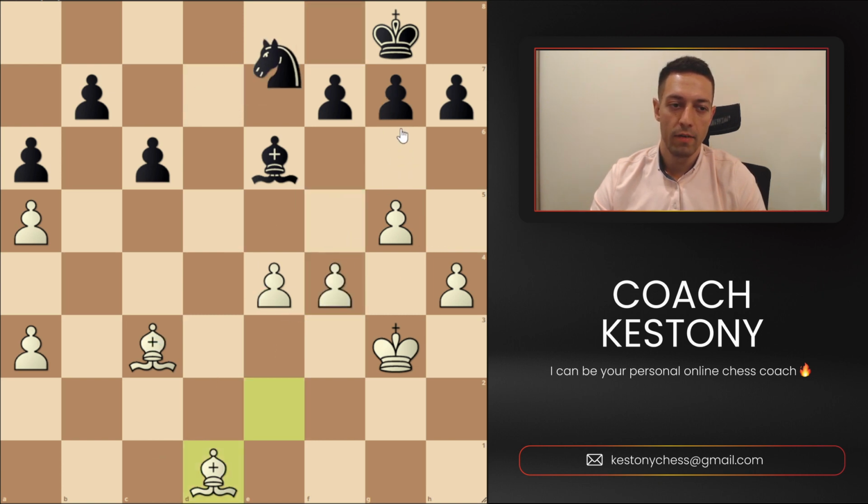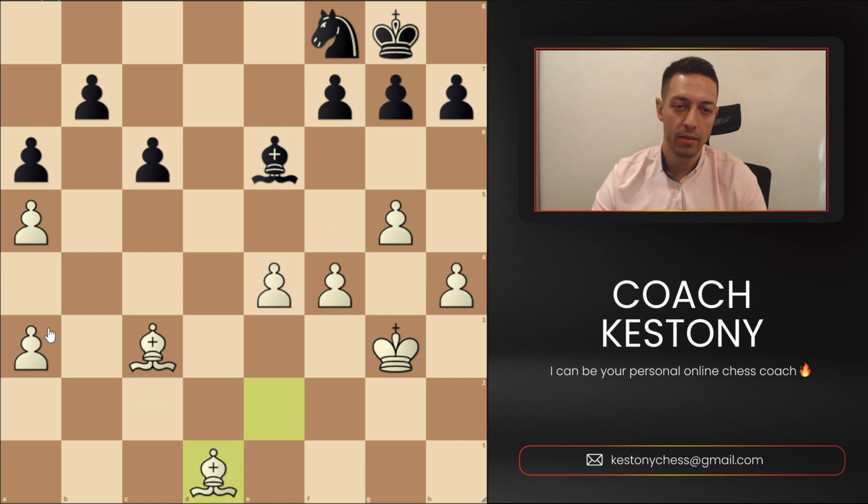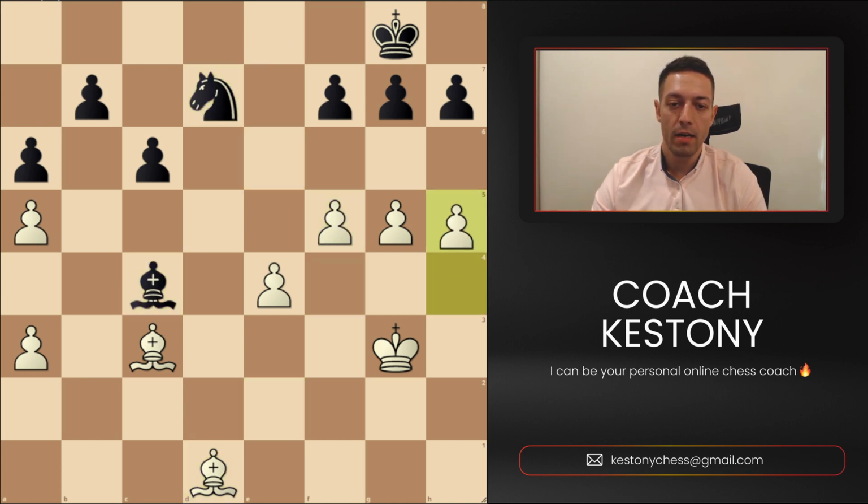For example, if there was ever a move like g6, white can always support it with a move like bishop c2. Bishops are excellently supporting the pawn movement on the sides. That's why we usually can gain space better than with bishop or knight, which support such pawn pushing a little bit less. So we have f5 and h5, and as you can see, white is very close to creating